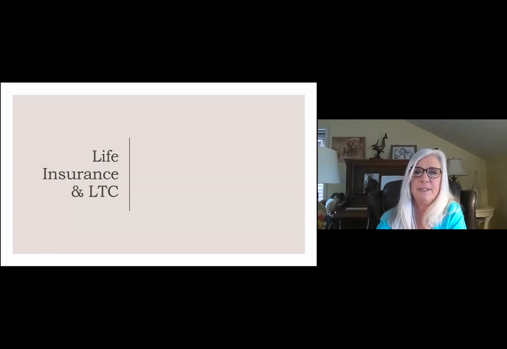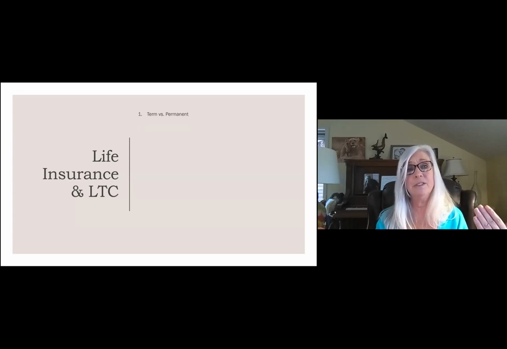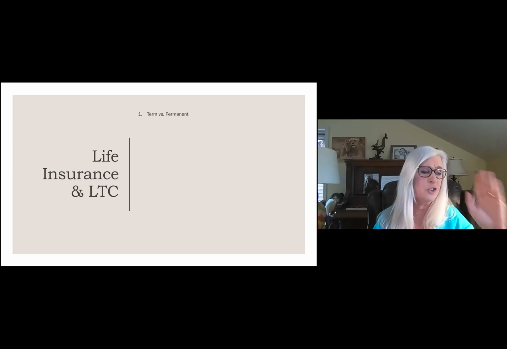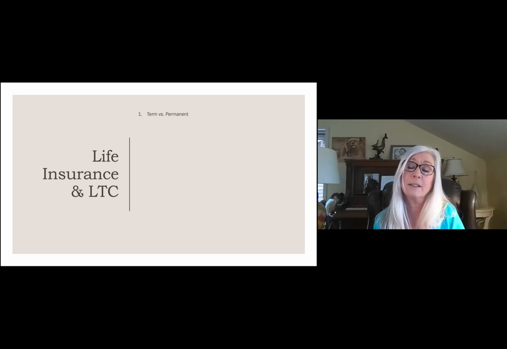We're going to talk about life insurance. And this is always an interesting conversation because there's term insurance and there's permanent insurance. There's strictly two kinds of life insurance. Term is like renting and permanent is like owning. You build equity every time you make a payment on your permanent policy. And with term insurance, it's gone. It's like kind of flushing the toilet. It's just gone. It's gone forever. You won't get it back.